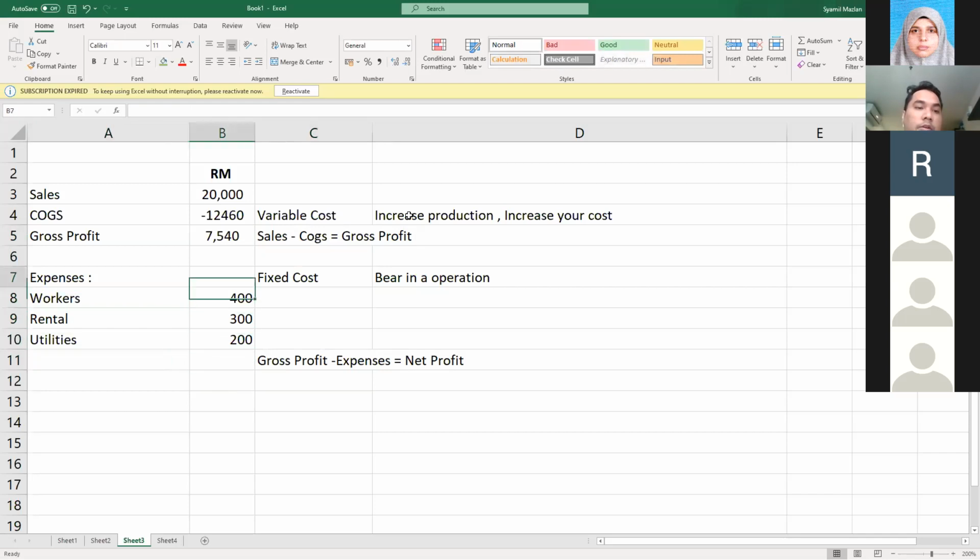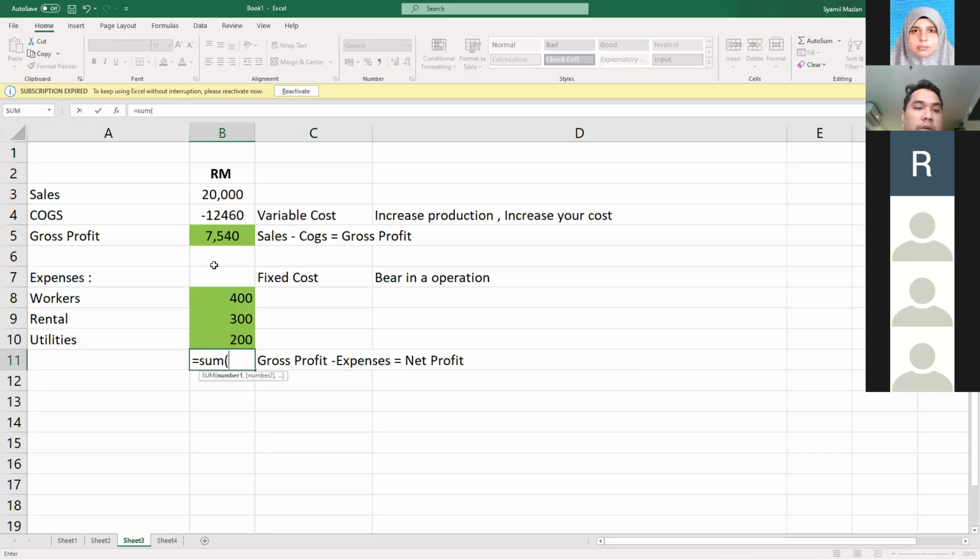Okay, so you see that this is the gross profit, and this is your expenses, right? So how much is your net profit? This minus this, right? So you get your net profit, which is about